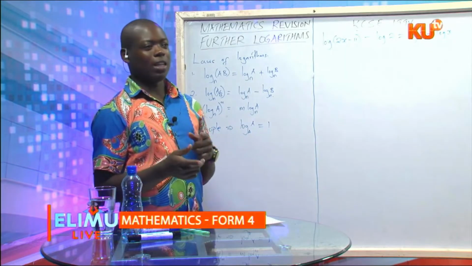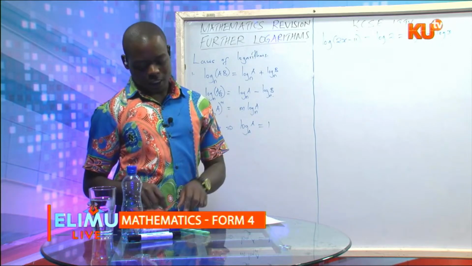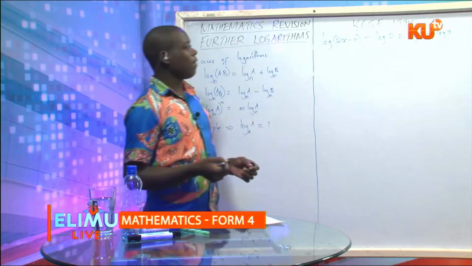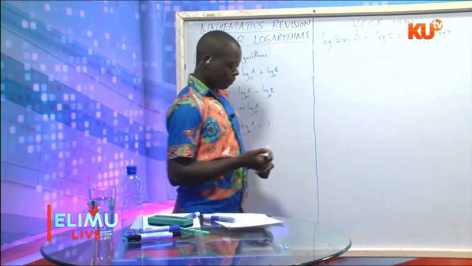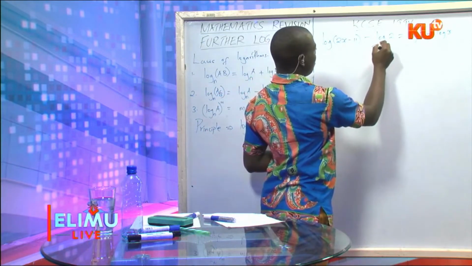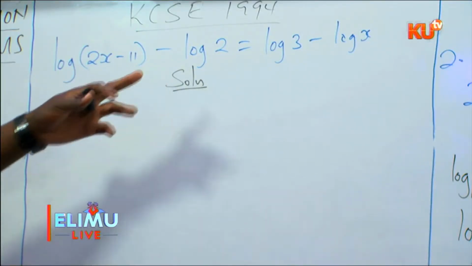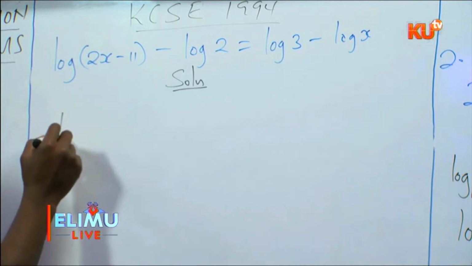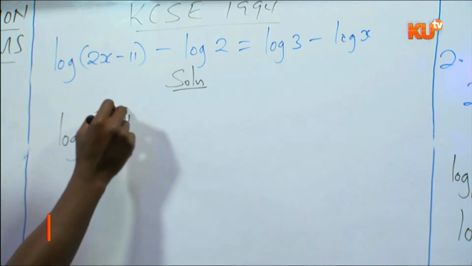Again, the same way 1992 was, they have not given you the bases of the logs. We've already discussed that if the base is not given, then we presume that these are to base 10 because that's the common base. And so we work this out putting in mind that they are all to base 10. So we start at this point here. Because of subtraction, we go to law number 2. And so we shall have log (2x minus 11) over 2